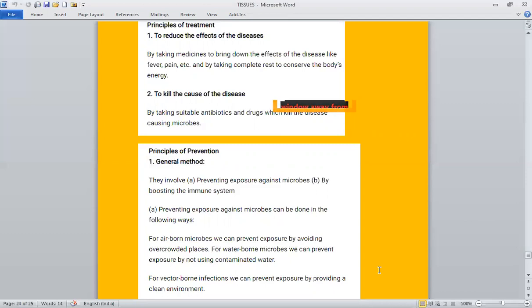I'll give you an example. We have drugs called antibiotics. You know what antibiotics are? Anti means against, bi means life. So these drugs have been developed to block the metabolism of bacteria and protozoa. So these antibiotics will block the metabolism of only bacteria and protozoa. They are highly effective only if we have a bacterial or protozoal infection. And these antibiotics cannot kill virus. So they are not effective against viral infection. Why? Because virus has a different kind of metabolism.